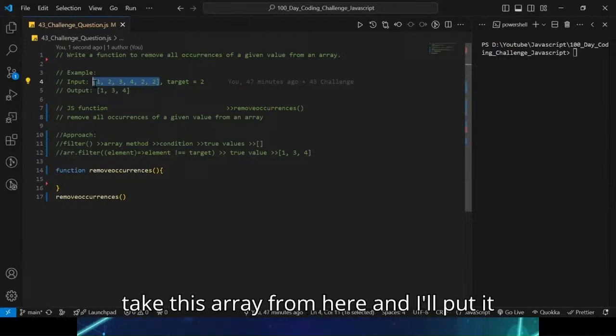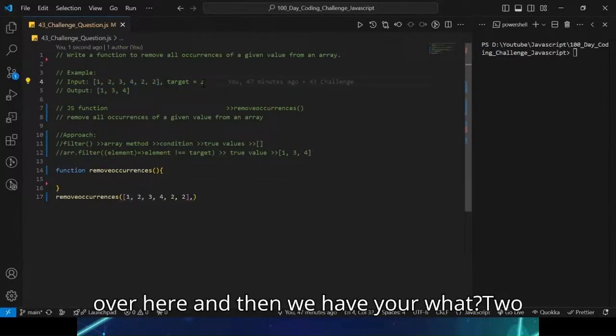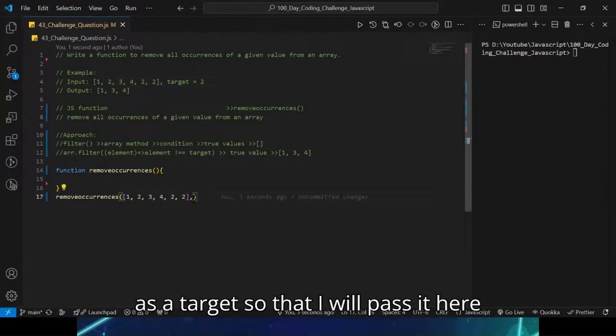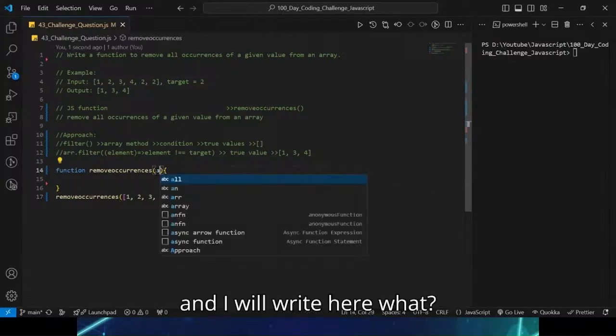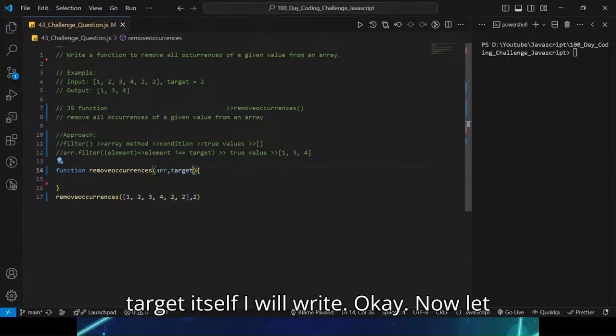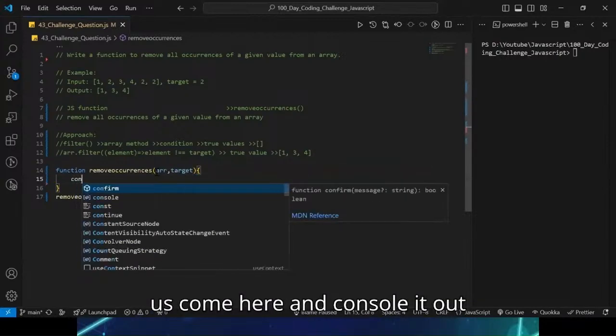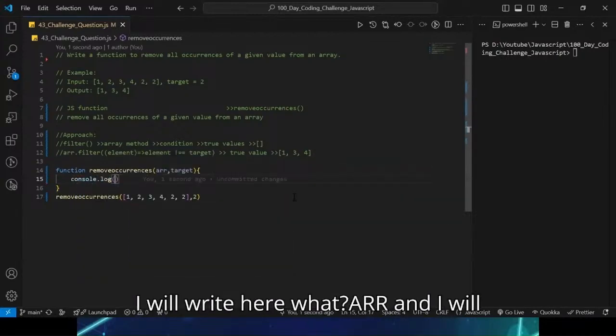Let us take this array from here and put it over here, and then we have 2 as a target, so I will pass it here. I will write arr, comma, target itself. Now let us come here and console it out. So I will write here